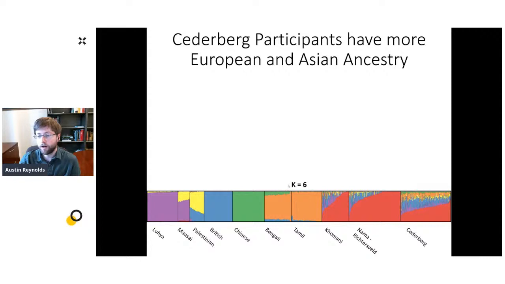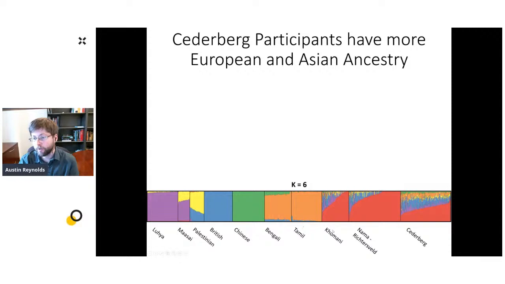So it's going to go through all of our study populations, split them up into 6 groups, and paint everybody's genomes the colors which correspond to those groups. So we've got here on the left, a Bantu-speaking population, the Luya from Kenya. Moving to the right, we've got the Maasai, a Nilotic-speaking group from Kenya, Palestinians from Western Asia, British populations, Han Chinese, and then we have South Asian groups, the Bengali and the Tamils from the 1000 Genomes Project. And you can see that each of these populations at k = 6 are split up into